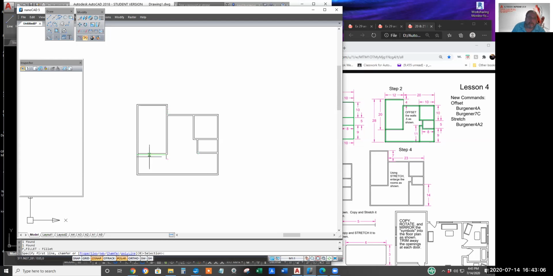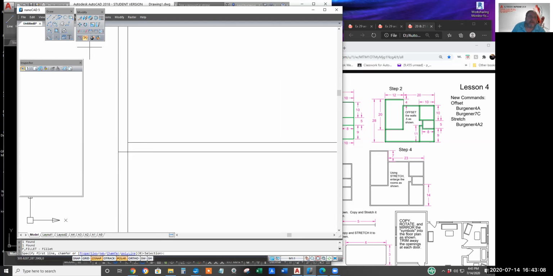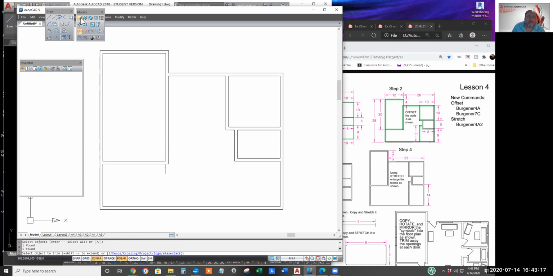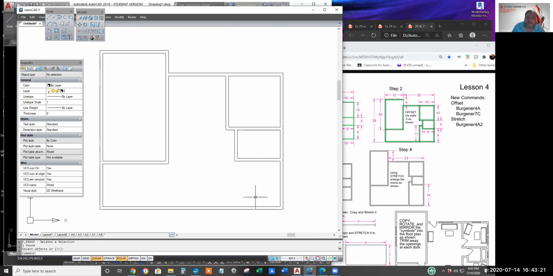Yep. Go ahead and trim that guy. Trim everything a cutting edge. Click, click. And I will erase that stray line.